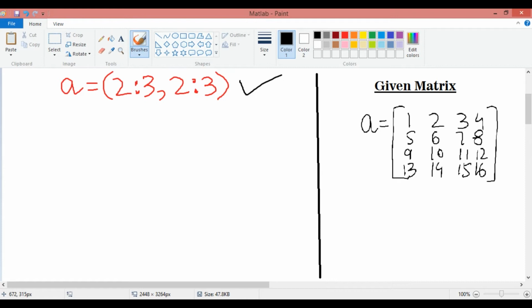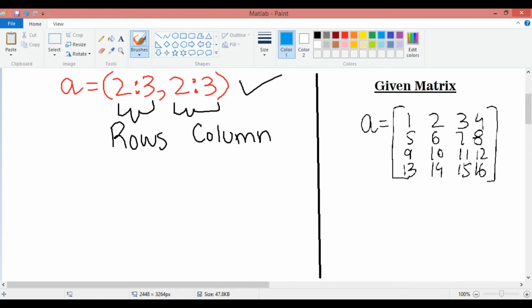So this 2 colon 3 will basically tell you the rows, and this 2 colon 3 will tell you the columns. So here we can see that 2 colon 3 is given. It means that you have to keep row number 2 and row number 3. So the given matrix is here, and we will keep this row 2 and this row 3.